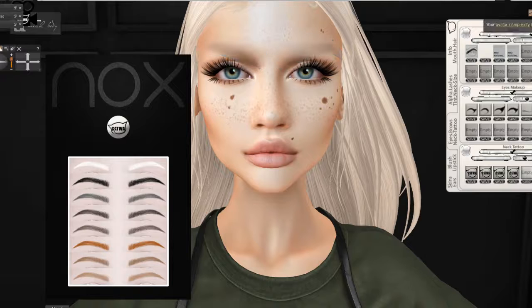Are those different, or are they just made like this? Okay, they are obviously hand drawn. I can see it in the way they are made, but they are pretty. They are not too thick. They are not too